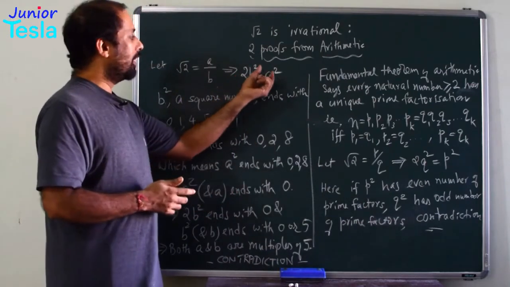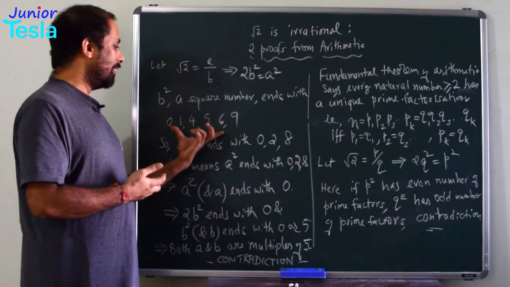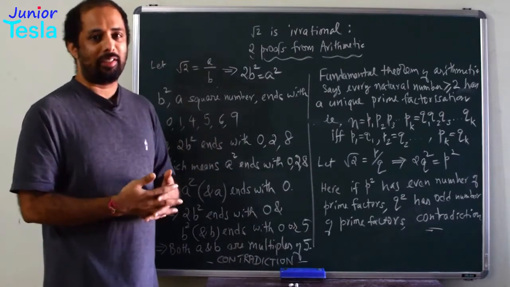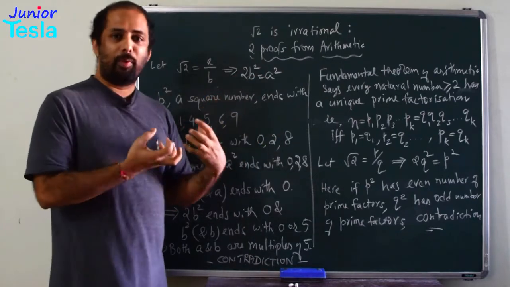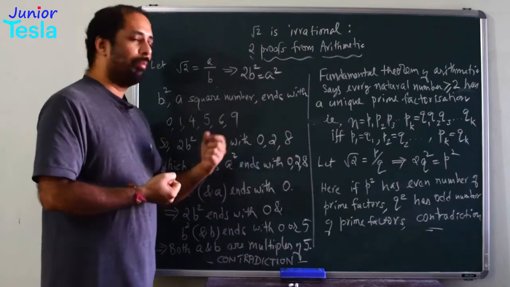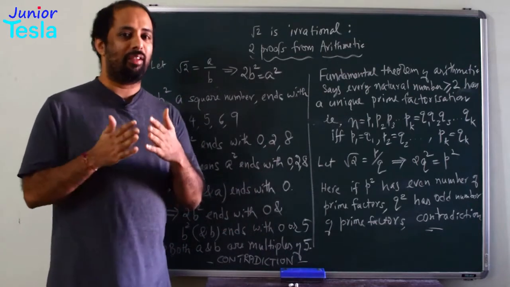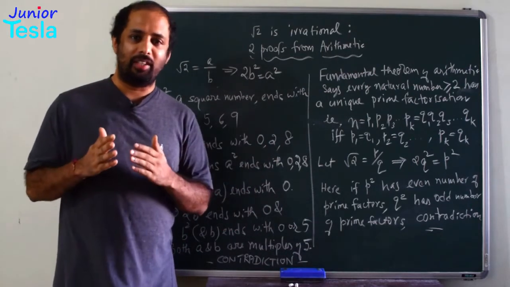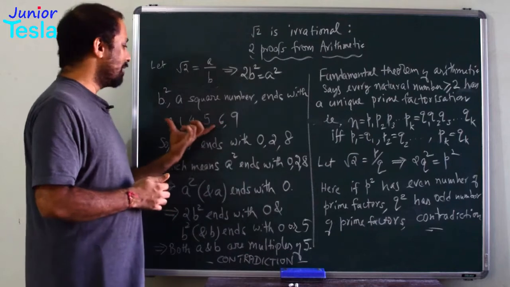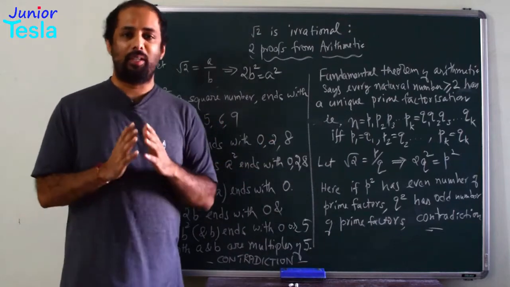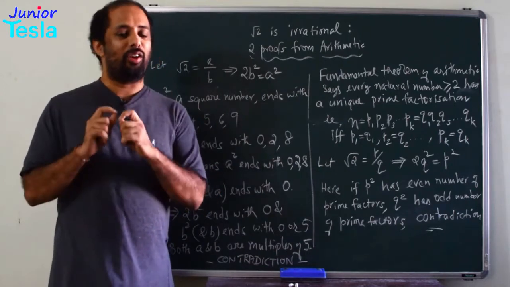Now, 2b square is equated to a square, a square number. But again, we know that a square also will end with any one of these digits, so it also has 6 possibilities. But here, since it is equated to 2b square, the number of possibilities is diminished. Now, it has only these 3 possibilities, 0, 2 or 8. But 2 and 8 are ruled out, because a square is a square number, it will definitely not end with 2 or 8. So, the only possibility left is 0. The intersection of these two is only 0. So, that means a square has only one possibility, the last digit is 0, it cannot be anything else.